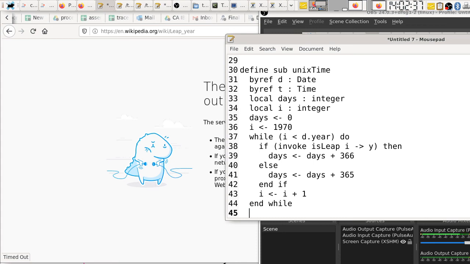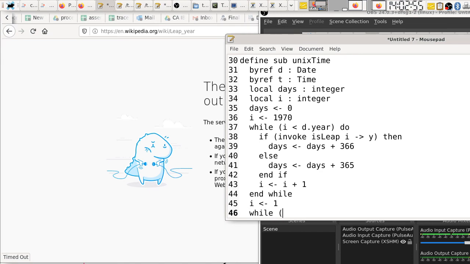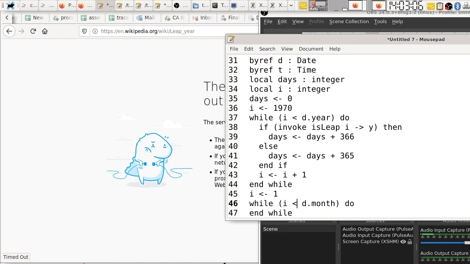Okay, so one way to determine how many days are in a month, we're going to set it up the same way, where I is the beginning of all the months. So we will start with 1, which is representing January. And then we'll say, as long as I is less than the month that is represented in D as our parameter, we'll do this loop here. And in the loop, at the end of the loop, I'm going to add 1 to I,